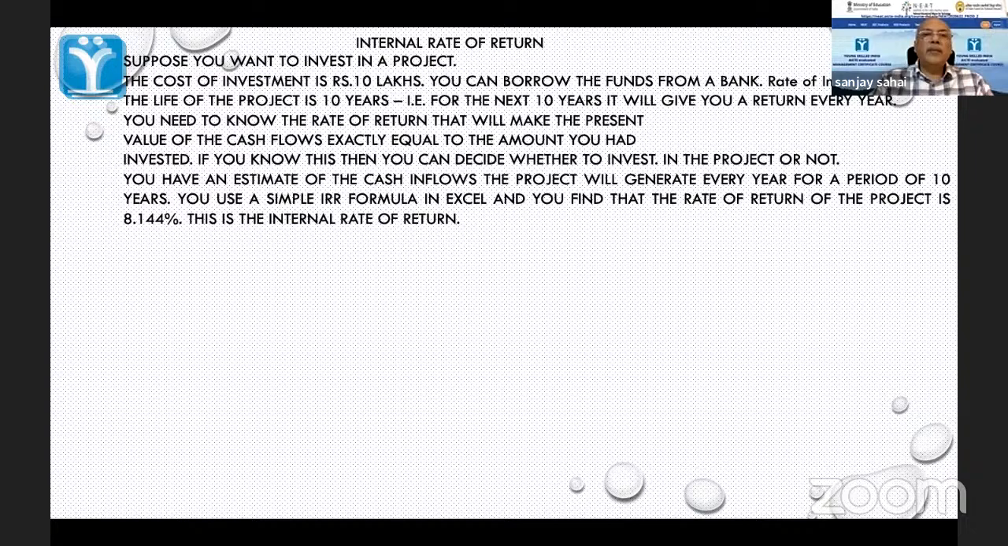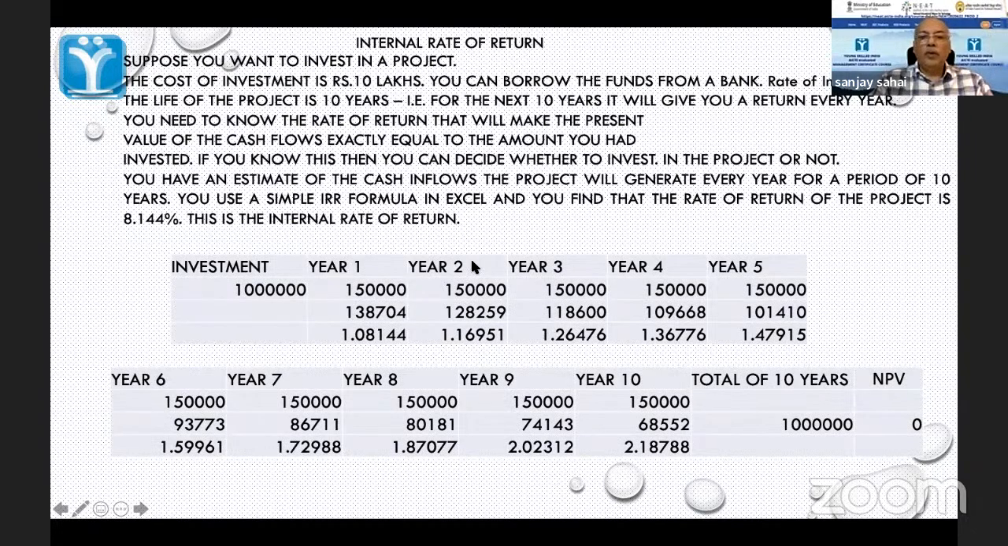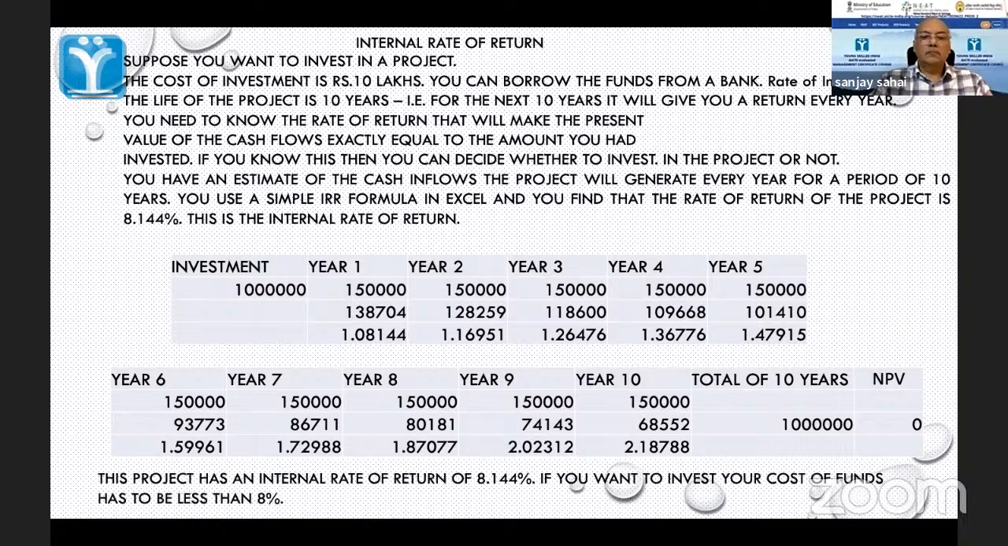Here is another example, using the same formula. So the point I'm making here is that if you want to accept this project, you will have to be very sure that your cost of capital is less than 8.144%. Okay,